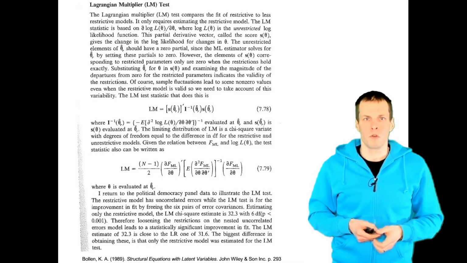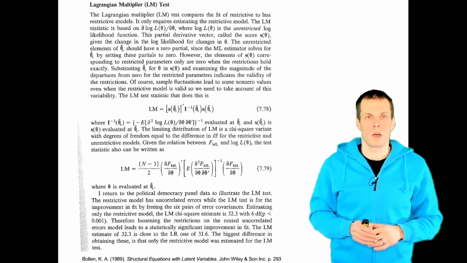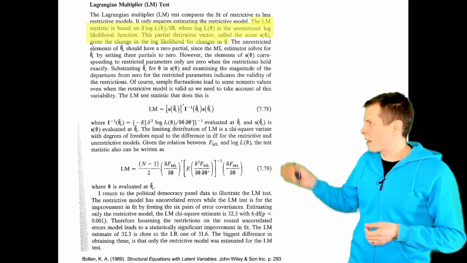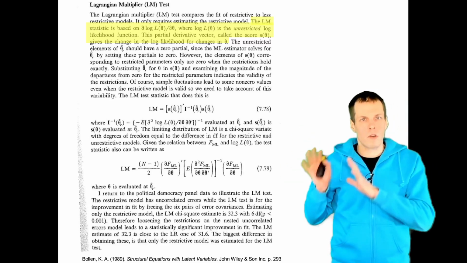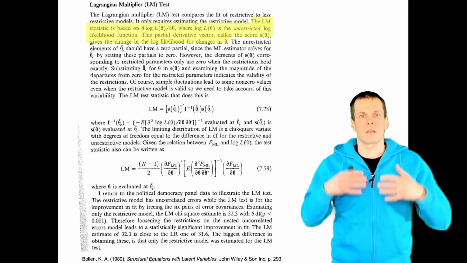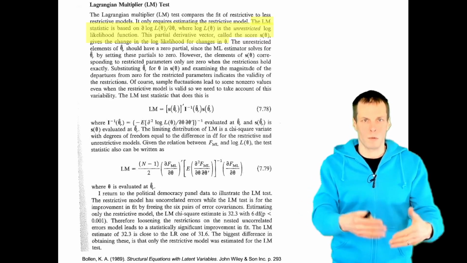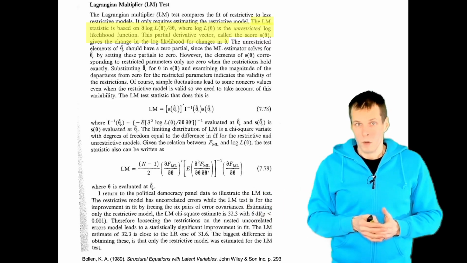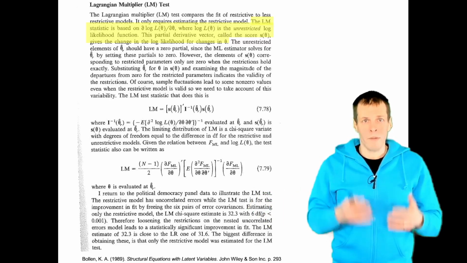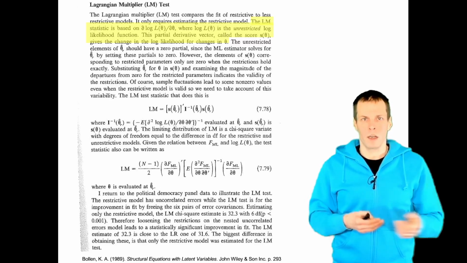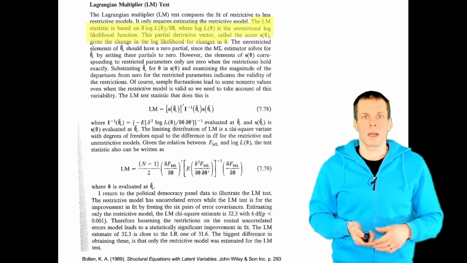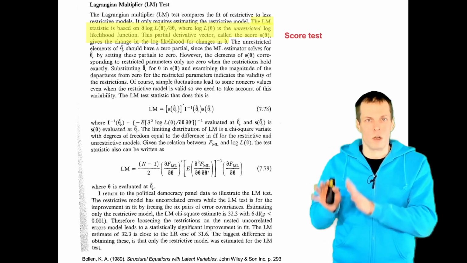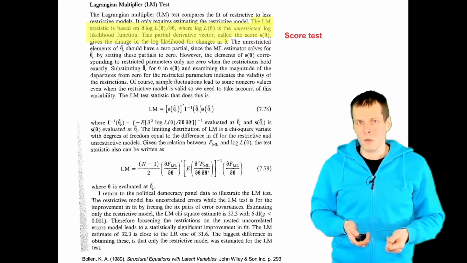Bollen's now classic book provides a bit more technical detail on how this works. And importantly, he tells us that this is based on the derivatives, and we don't need to actually calculate any other model. We can just take the derivatives of the model that we just estimated, and that gives us the modification indices. The first derivatives, or the gradient of the likelihood, is also called the score vector, and this gives these indices another name, sometimes referred to as score tests. Let's take a look at an example.